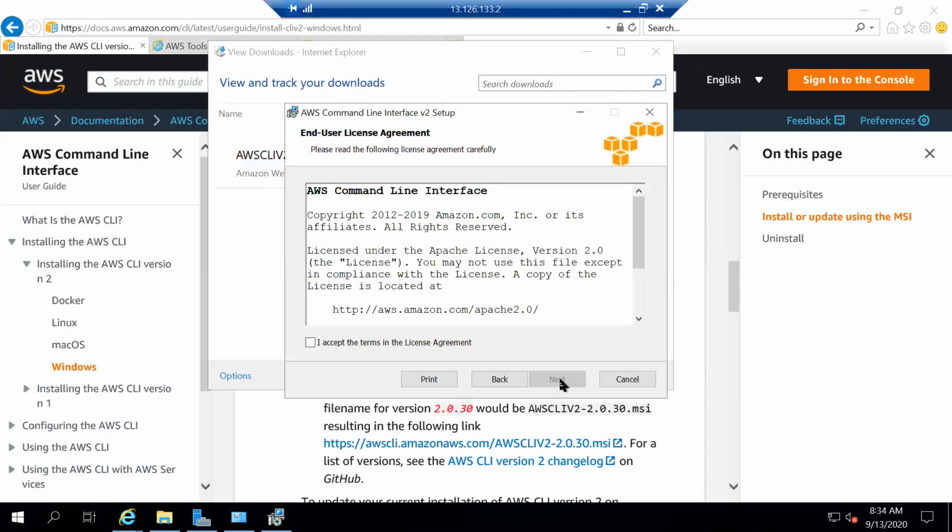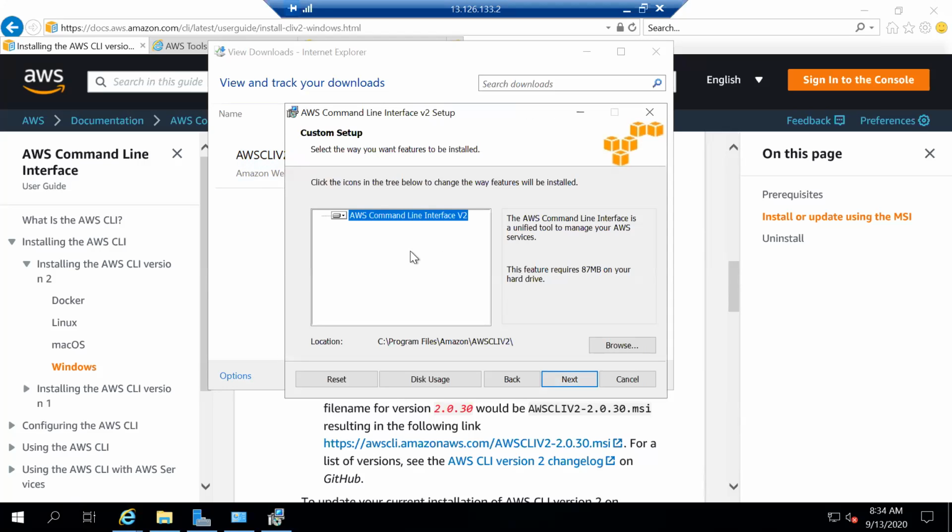Wait one second. Just accept it. I did all these last time also. Wait, no, you need to go to that second drop down. Choose the second option. It's not choosing. Just choose again. You have to choose it. Just click on it. I did it. That's what I'm trying to do. Just click on next, command line interface unified tool.